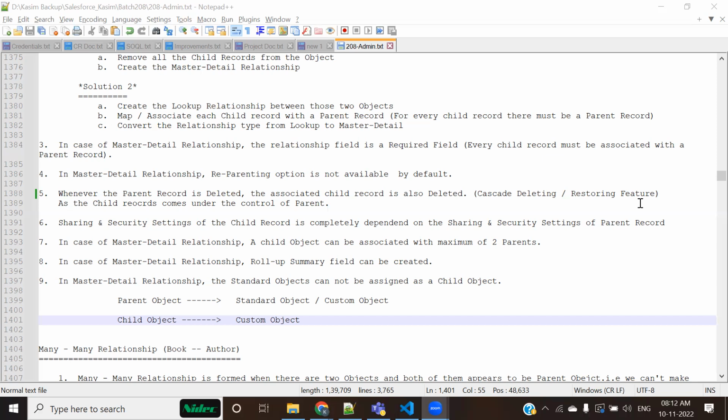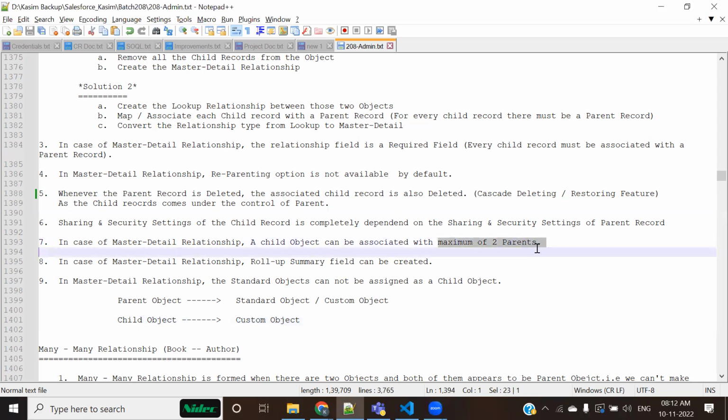For example, if there is one entity which should be associated only with this and this and nobody else, and you have to impose this compulsion, then you don't need to apply any validation rule or write any formula. Just make that relationship master detail. Because when you create a master detail relationship, that child gets associated with a maximum of two parents. If anybody tries to create anything beyond that, an error comes automatically. So your task is completed automatically, right? This is the first point of discussion.